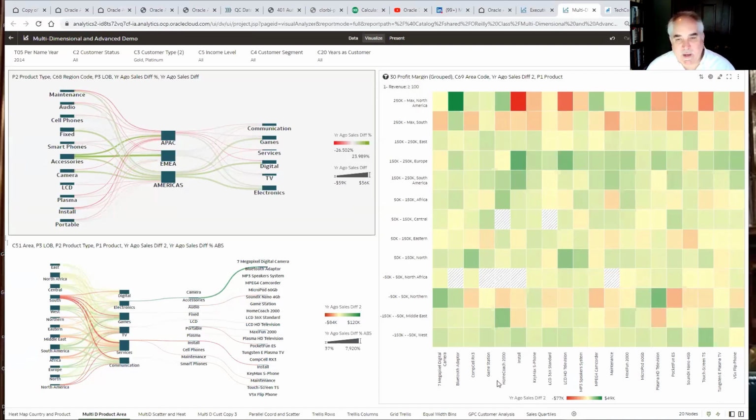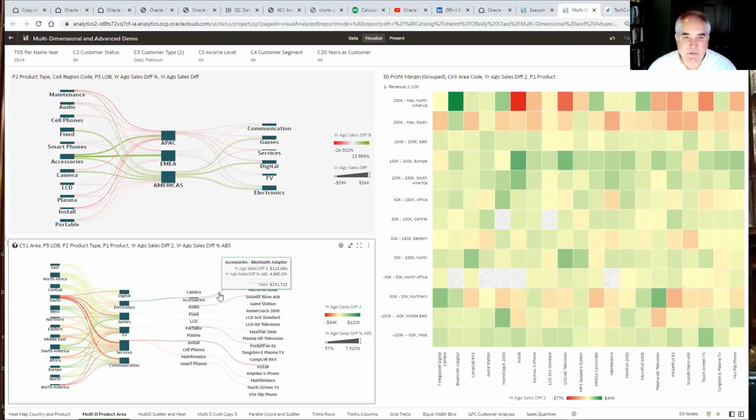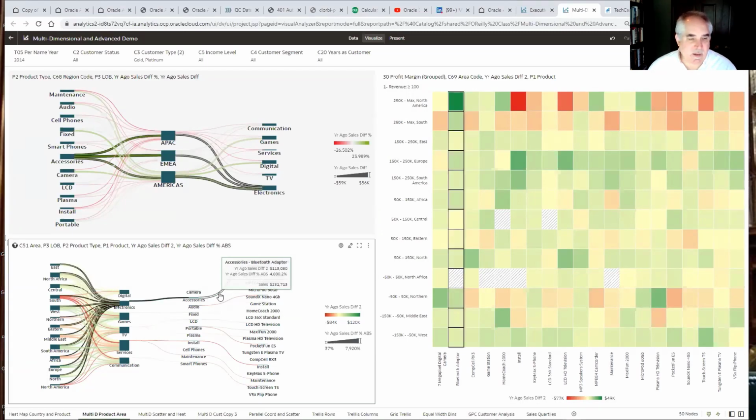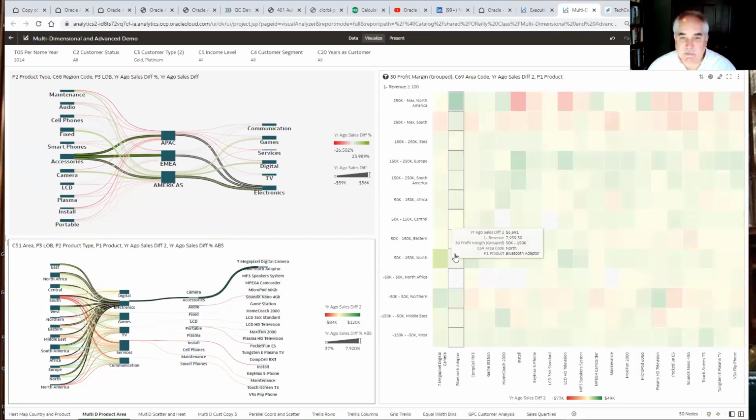So this is why it takes a little more effort to dive in and understand these kind of views, but we can quickly find something on the Sankey graph and identify it and then find out, okay, where is it and where can I get my discrete values on the